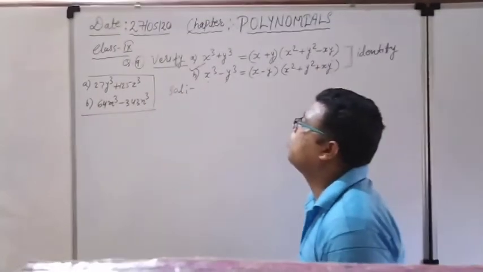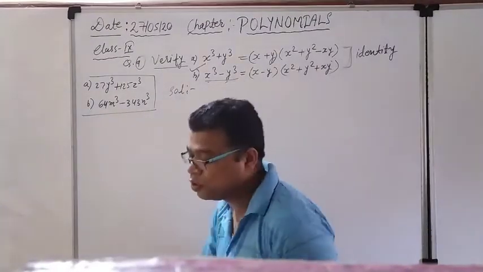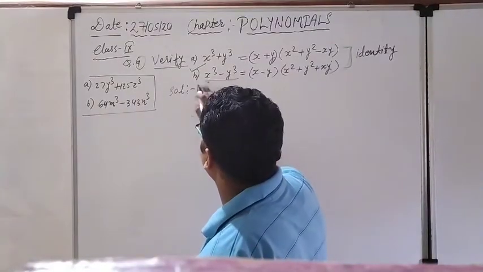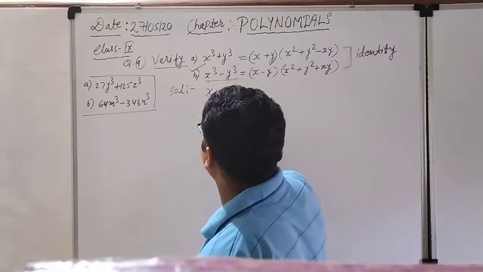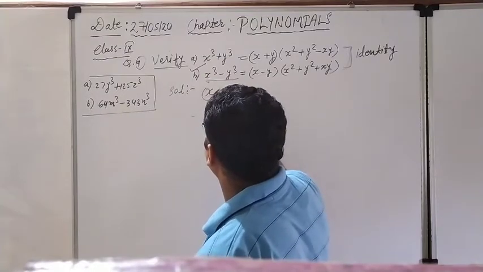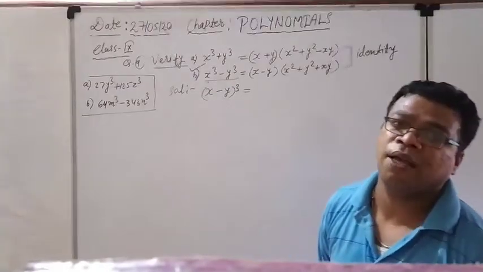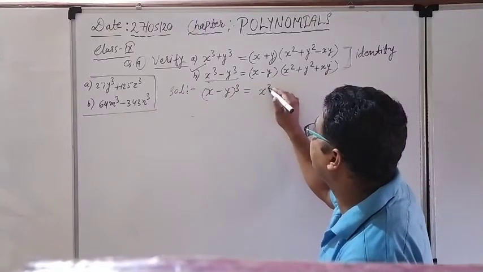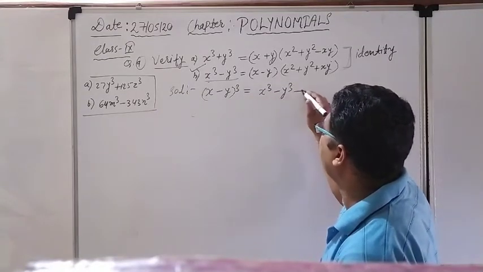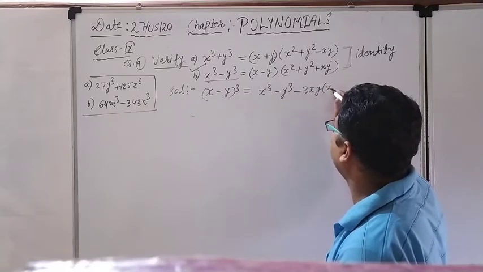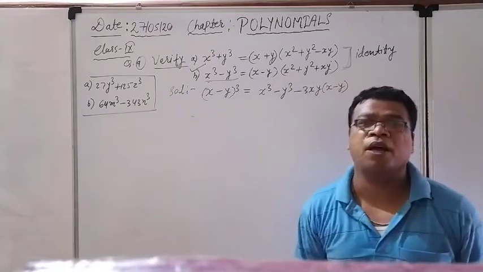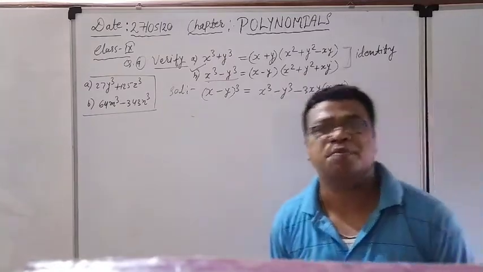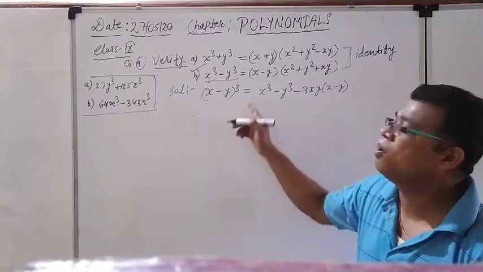What is written? x cube minus y cube. Because it is written x cube minus y cube, we should remember the formula, that is (a minus b) whole cube. So I am going to write this in the form of x and y. So (x minus y) whole cube, (a minus b) whole cube. Remember the formula, (a minus b) whole cube. It is a cube minus b cube minus 3ab inside the bracket a minus b. Same like this, it can be written as x cube minus y cube minus 3xy inside the bracket x minus y. Same thing can also be written in the form of x and y.